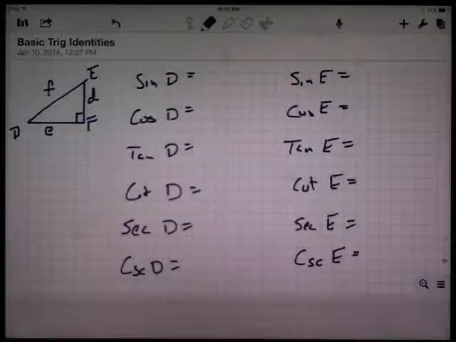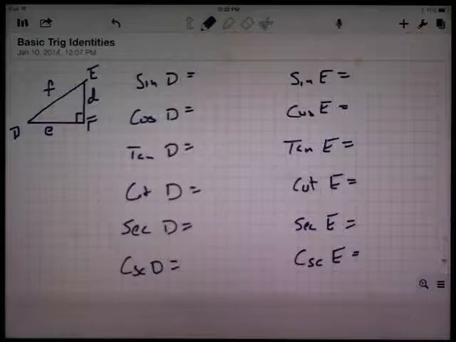One is to get you so that you don't have to think about what two sides you need. When you're given a right triangle and an angle in that triangle and you say, give me the sine, you can just grab the two sides. You don't have to think even opposite over hypotenuse. You just know what two sides to grab. That's my first goal. Second goal is to start looking at the basic trig identities because they come right out